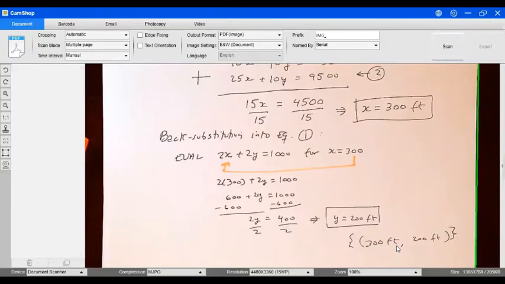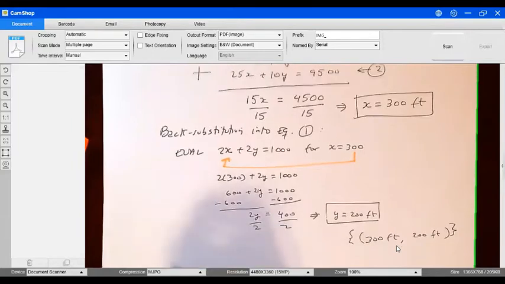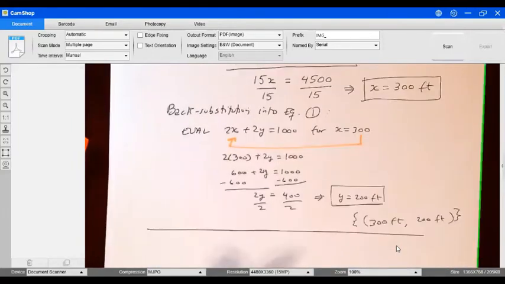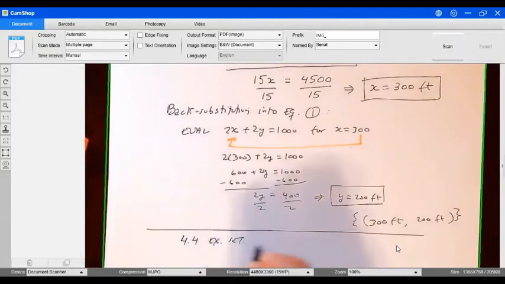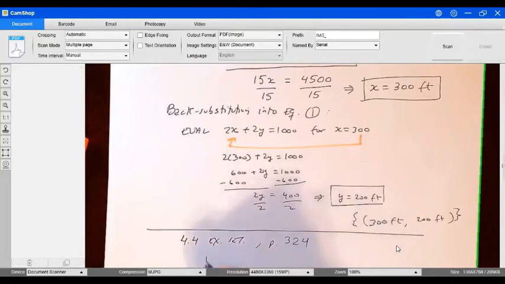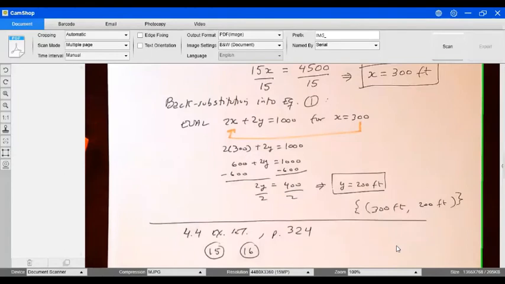So your assignment for this section is just 4.4. As I said, on page 324, you're going to work on problems 15 and 16. So I think you should have now your book, so you can check your book. But if you don't have your book yet, if you are still waiting for the bookstore to send you your book, I'm going to show you